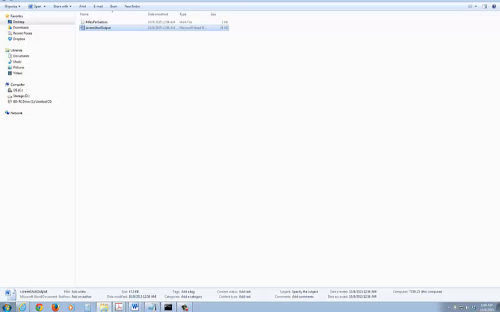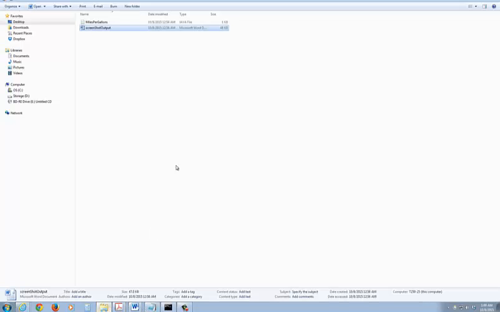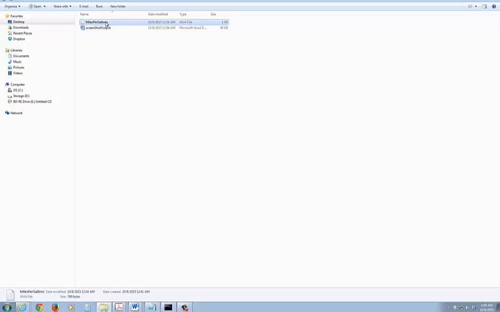Now let me minimize this and come back here and talk to you about the second problem. It's number 12 right here, number 12 in chapter 2. So this is on page 125 over here. It's called the String Manipulator, right? So again, since I have this already up here, why don't I do this? I want to